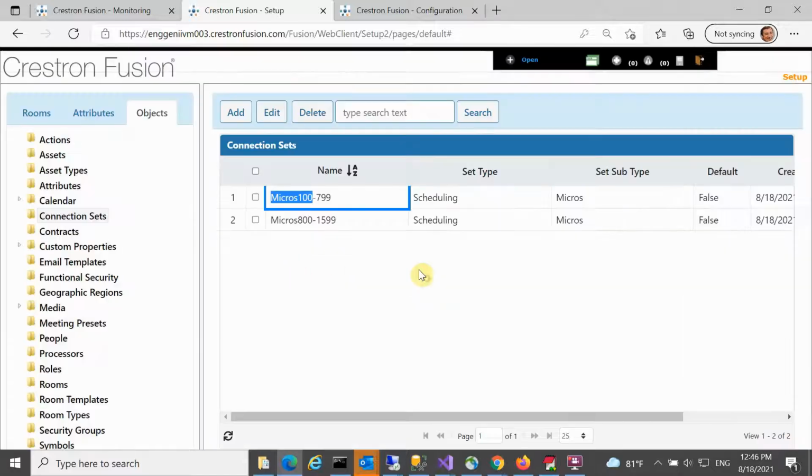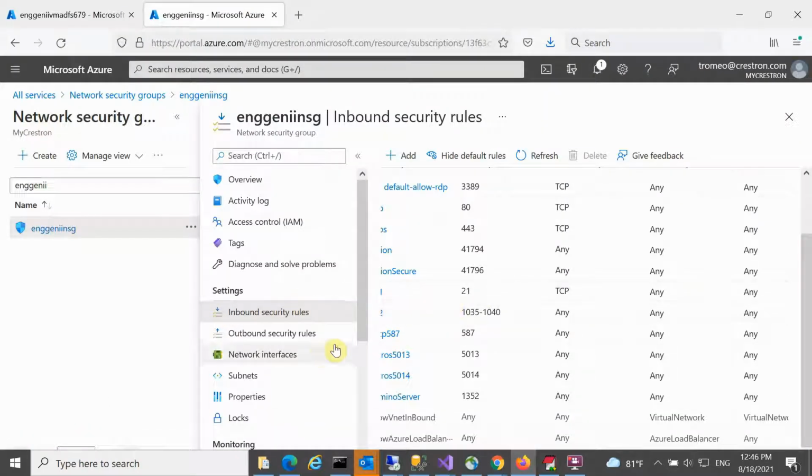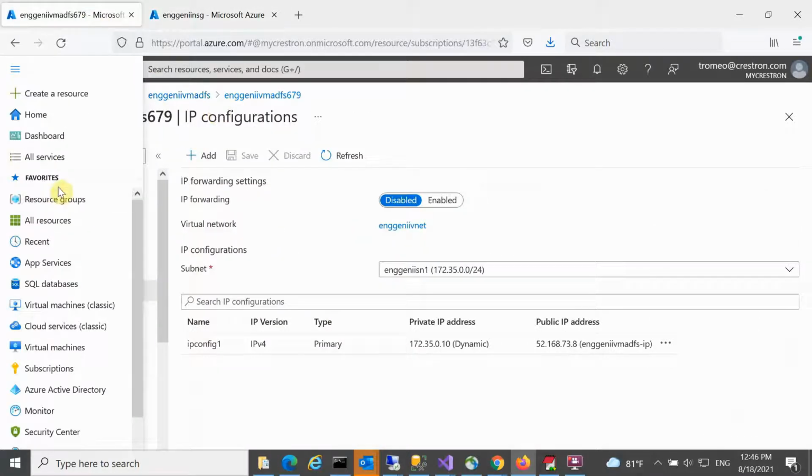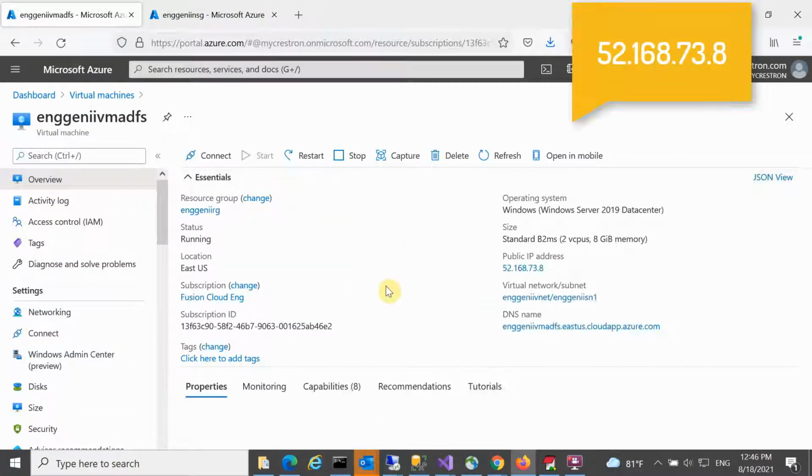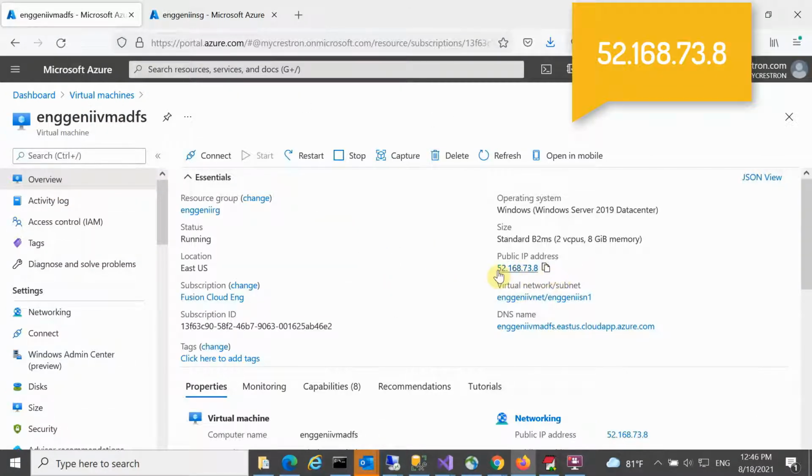Now that IP address is the external IP address of an Azure VM, and this is the VM. I'm going to get to it in a second. But you see, we opened up those two ports in the network security group. Those ports also have to be open on the Fusion server so that we can get traffic in and out, and we have to open the ports on the server that's running the emulator. But you see, there's the IP address,